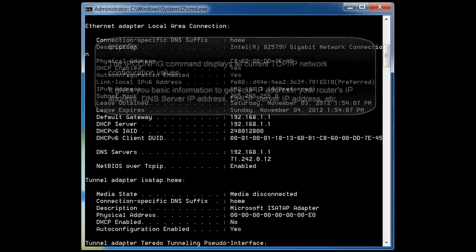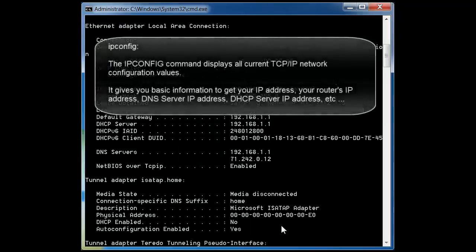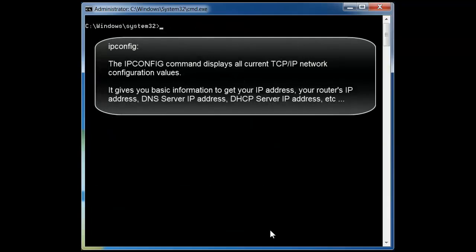Okay, so the first command that I want to go over is the Ipconfig command. The Ipconfig command is a very common and very useful tool. It displays the current information about your network. So it will give you basic information such as your IP address for the computer that you're stationed on. It will give you the IP address of your router. It will tell you where your DNS servers is, where your DHCP servers are. So let's type in the basic Ipconfig command